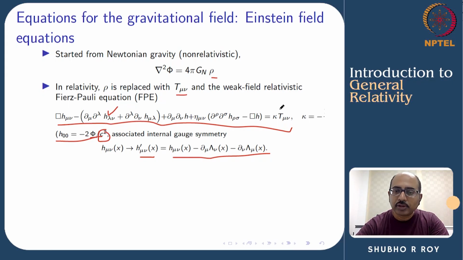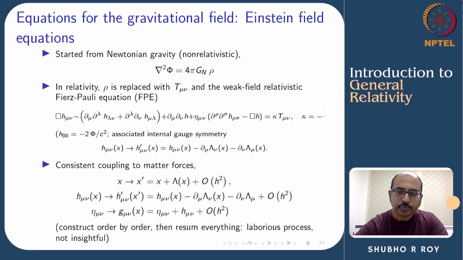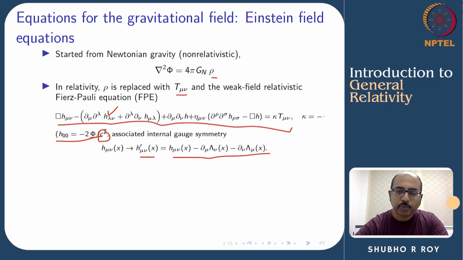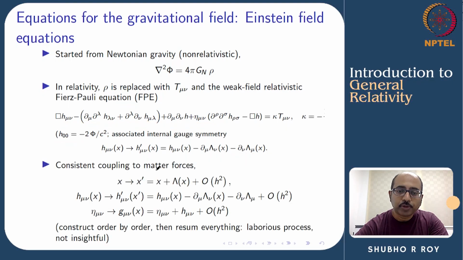And the equation tells you that there are multiple ways to represent the same gravitational field. There is a lot of arbitrariness in the description, or redundancy in the description. Next, if you remember, what we tried to do in Fierz-Pauli is to couple it to matter. Now, if you try to couple it to matter consistent with this gauge invariance as well as other principles, then